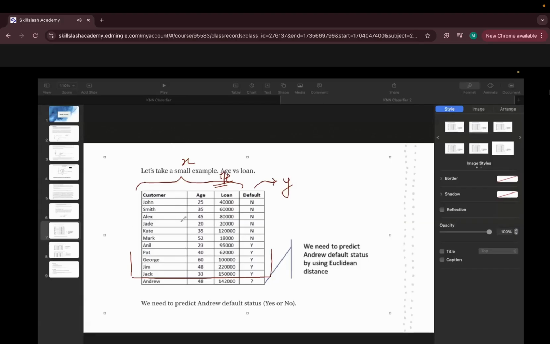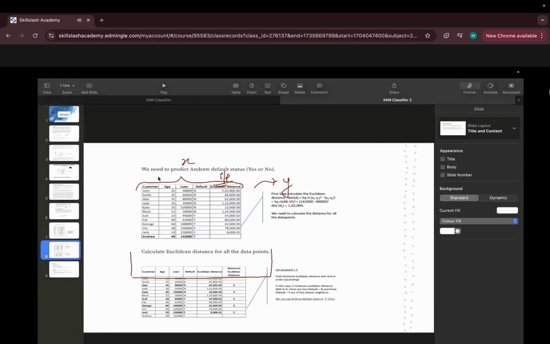It is nothing but the historical data set, something which already happened in the history. Now there is one new customer coming into the picture, called Andrew, for whom we have to find the loan status. We need to predict Andrew's default loan status, whether it is yes or no.